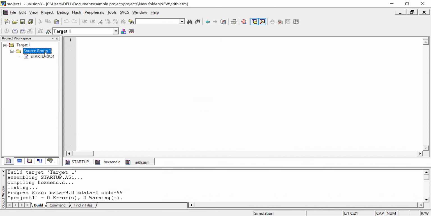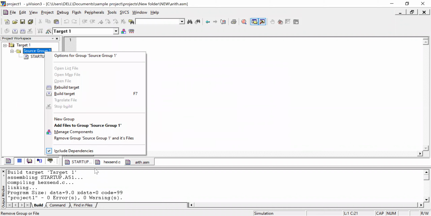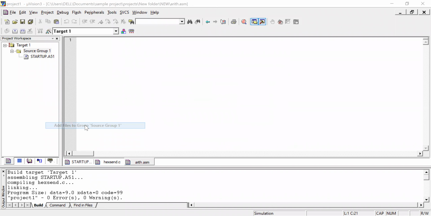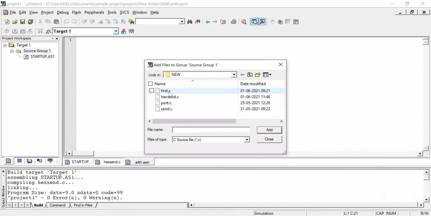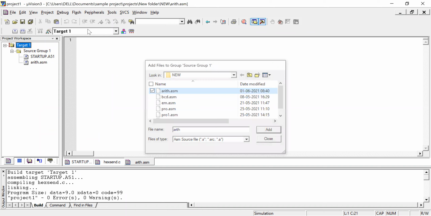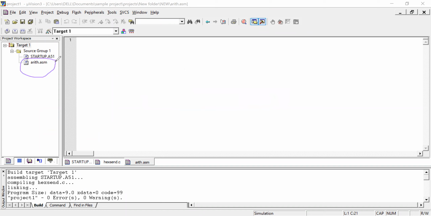Here, right click on the source group and add the file. I want an ASM file, so I'm going to add it. Just click on Add so that it will be added here. Any type of file, .asm or .c, you can add here and develop your own program.